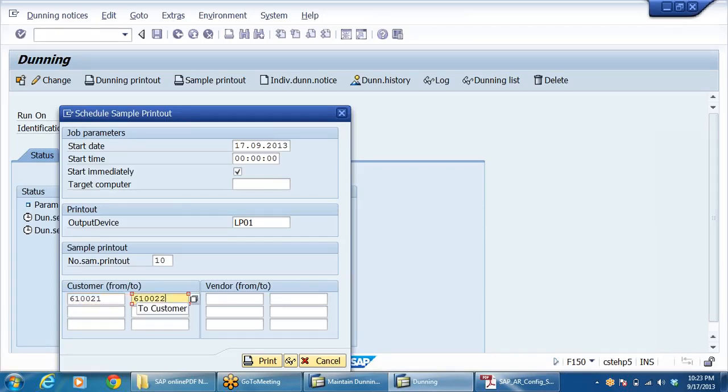No, you have given the grace periods, including the grace period, you have dunning periods as 0, 10, 20, right? 10, okay. 20 and 30. So the system has taken 3, 13, 23 and 33. Okay. So that 3 is from the due date of each invoice? Due date of each invoice. So in one letter there will be multiple levels of dunning? You see the letter, then you will understand. Okay.